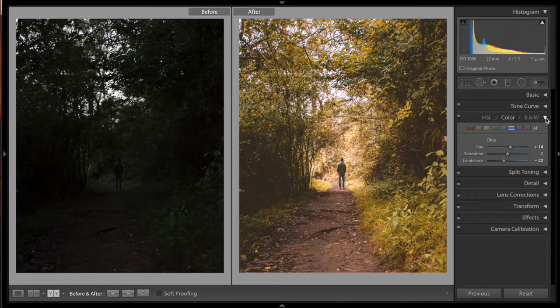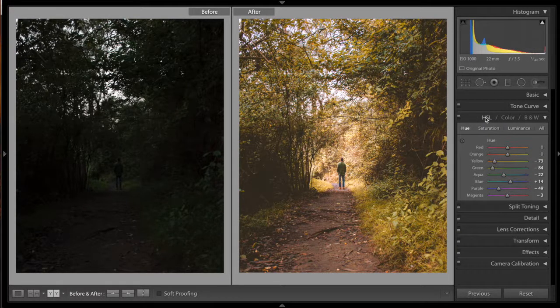Now for the color, this really changed my look quite drastically. Whenever I'm editing nature shots, I really like to bring the yellows and greens to the more orangey side, just because I really like how it creates that golden feel. And as for saturation, I just boost the oranges up quite a bit, and I increased the luminance for the